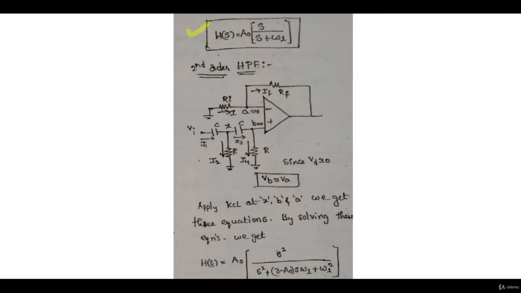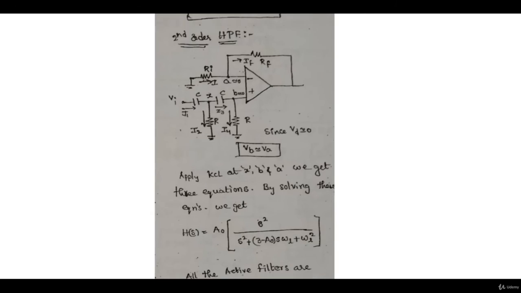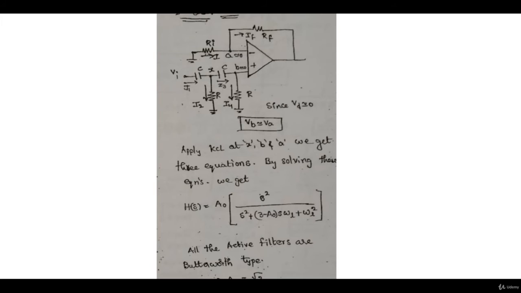Okay, you can even provide a better transition, as I said, by increasing the order of the filter. So here you can see, exactly similar to the second order low pass filter, we have one CR and another CR. There we had RC and RC, so we have two energy storing elements, two capacitors, that's why it is second order. Okay, the rest everything is the same.